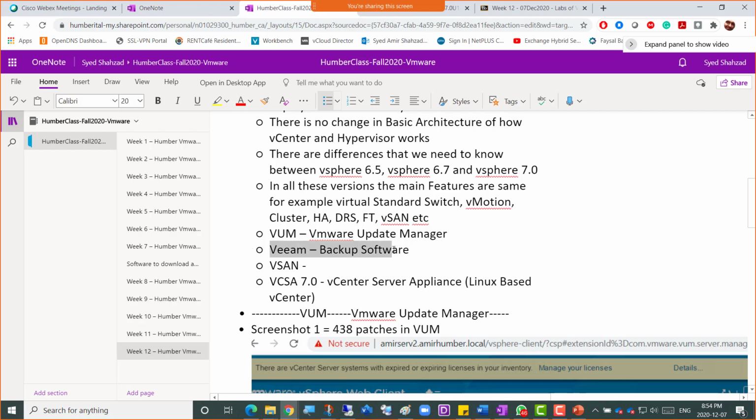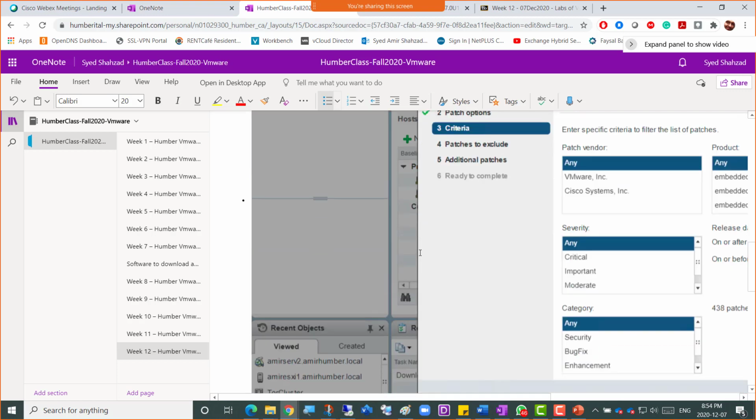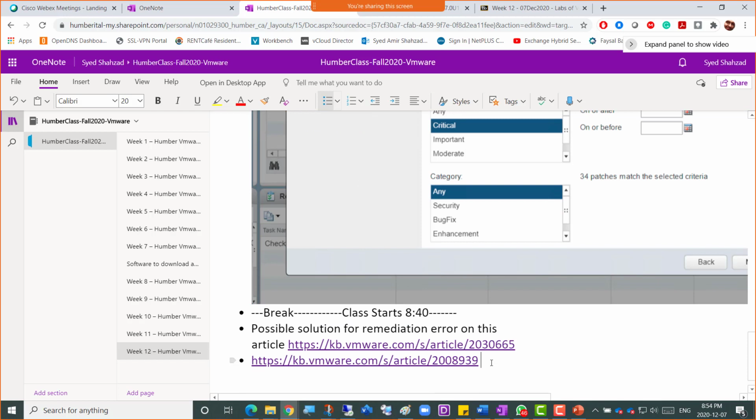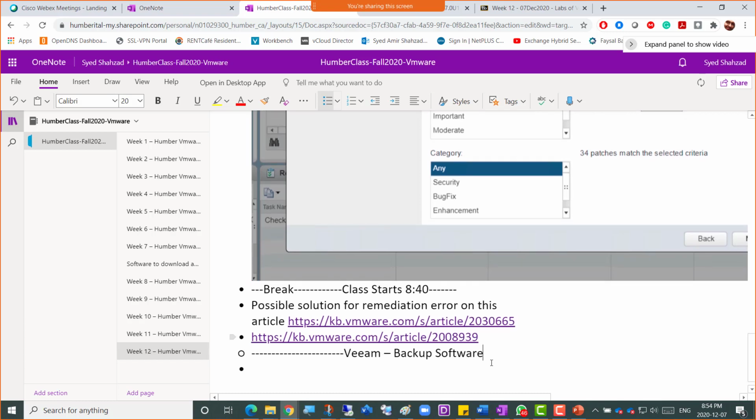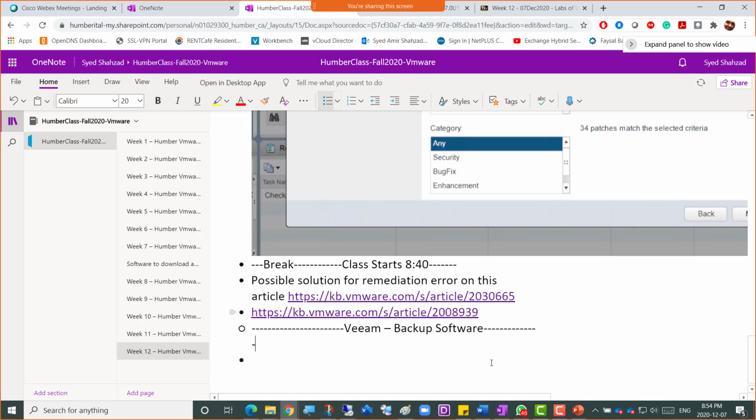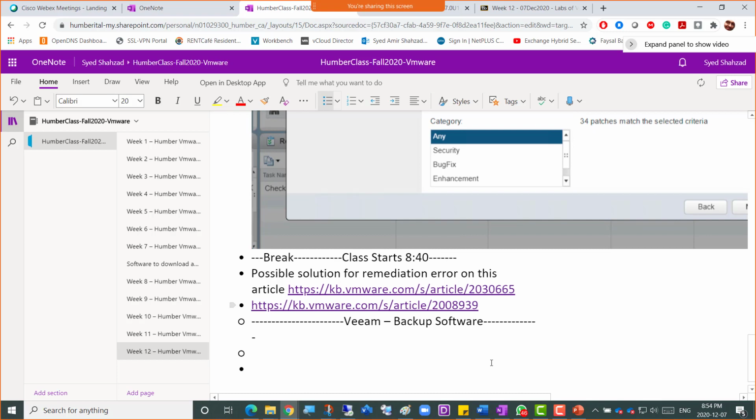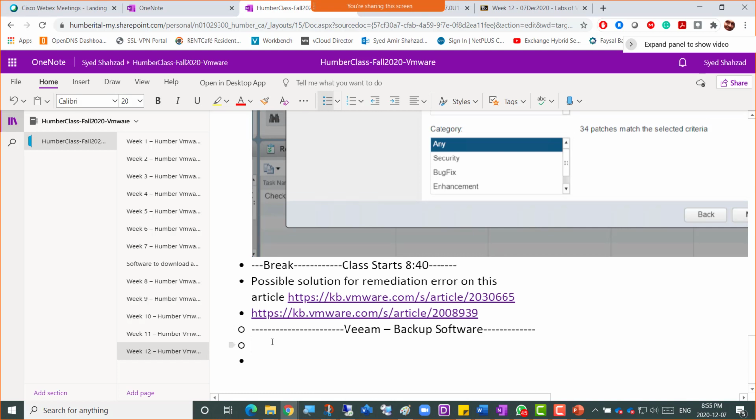Now this is Veeam, a backup software. This is a third-party software for backing up the virtual environment. What's unique about this is that it's third-party software, which means it's not VMware software, but it's so famous that when you go for any job, you will see that this software is there in many of the companies. So having some experience or exposure to this software, you can put it on your resume as well, which would be beneficial for you, that yes, I've deployed Veeam and I understand how it works.